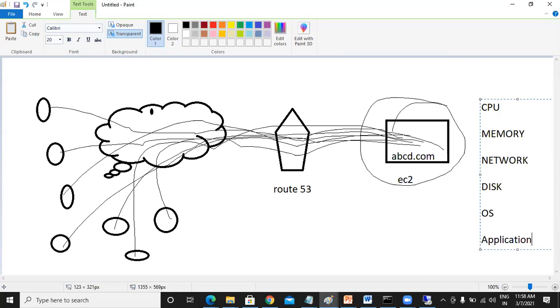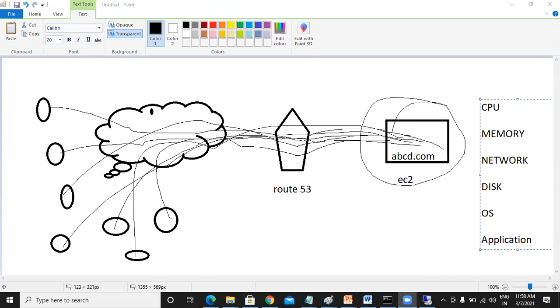Okay, forget about this. Take your own computer. How will you tell your computer is highly loaded? Can anybody answer? Hello, am I audible? Yes. So my question is, on what basis will you say that your machine is highly loaded?